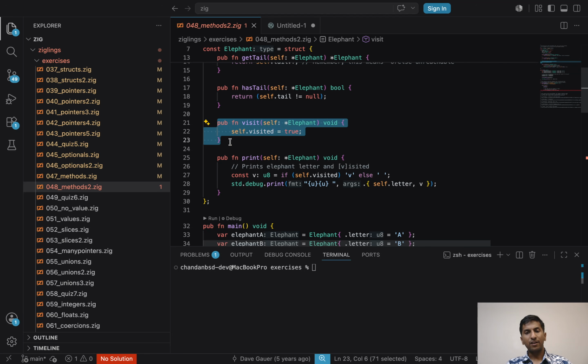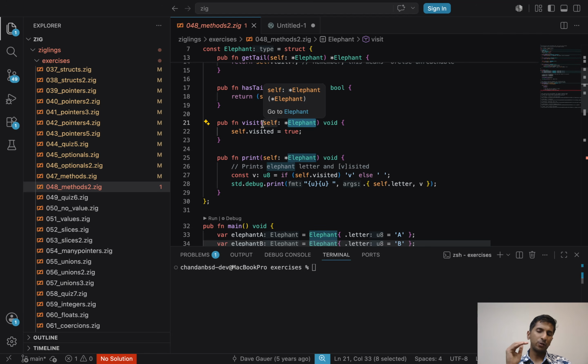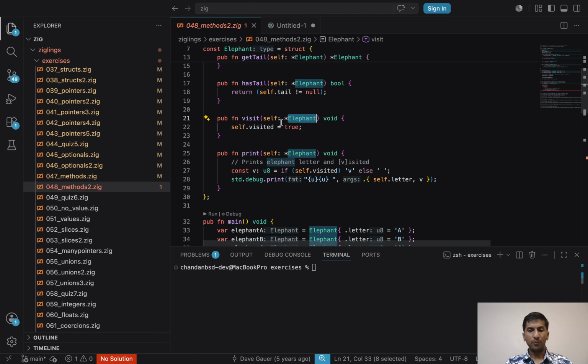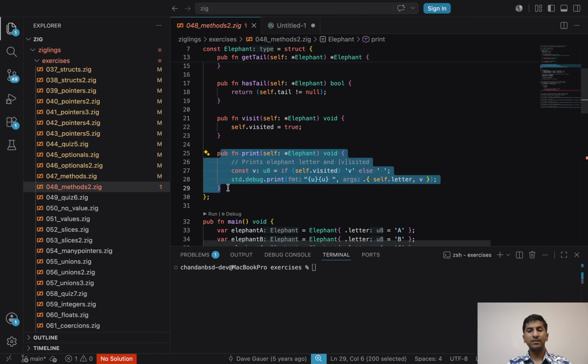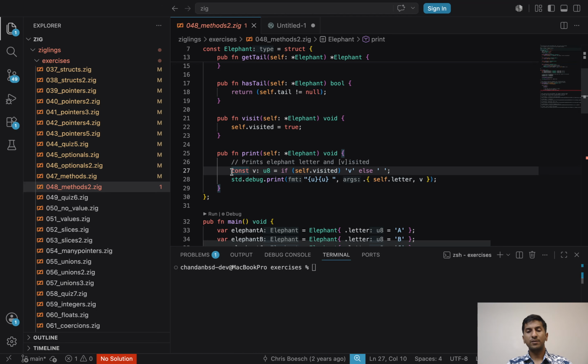Cool, we have the visit function. Again, instance method. I need to stop using the word function. It's a method because it's scoped to the struct type. Cool, we can set whether visited is true using this, and then we also have a print instance method. What we're doing here is we're going to say